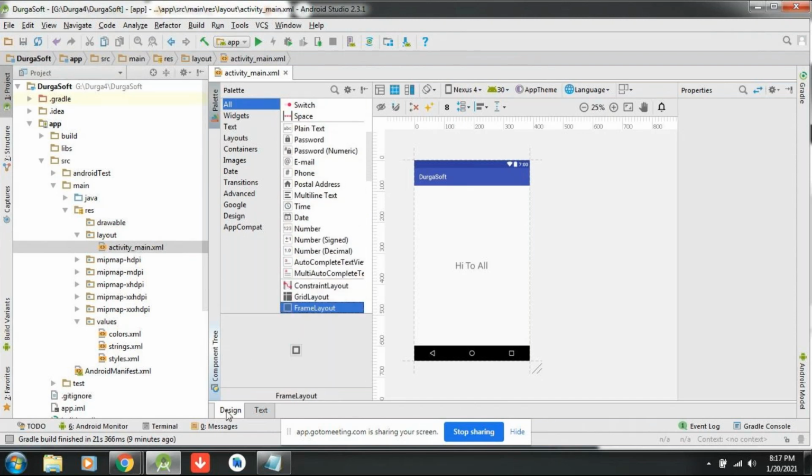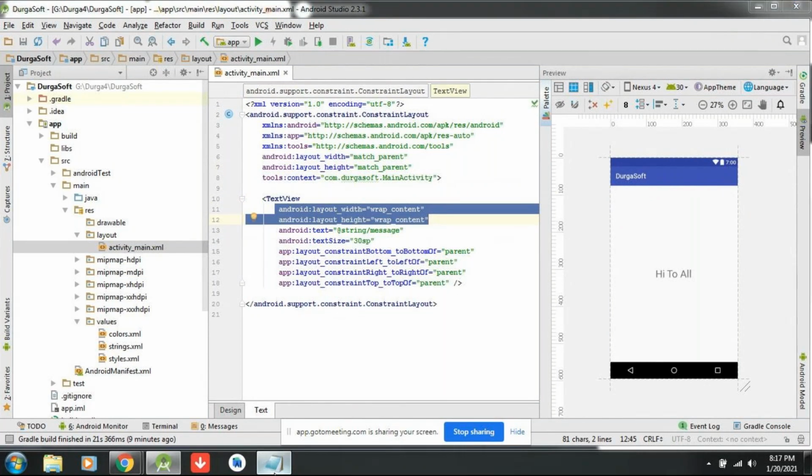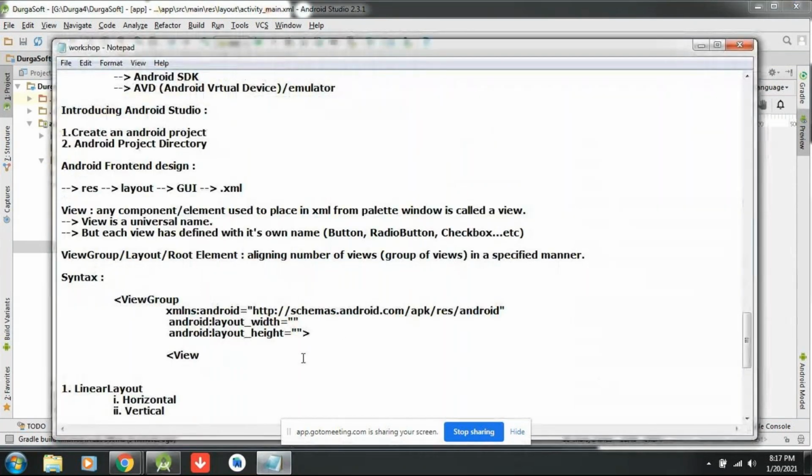So you can take any view. Here let me go to the text property. Here text view is there. This text view is loaded with another two important properties, which are width and height: android:layout_width, android:layout_height.